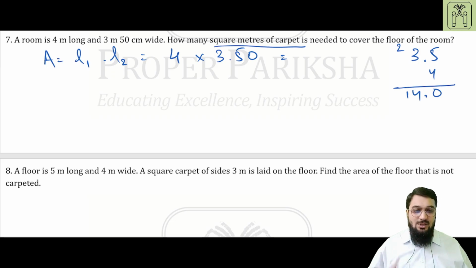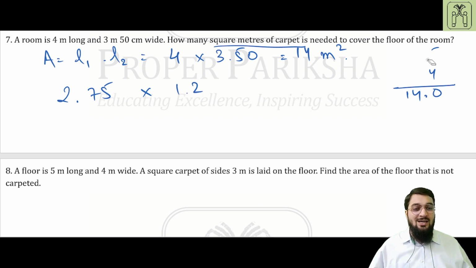I will give you an example that will be much better. So first I'll write the answer, 14 meter square. For example, I have to multiply 2.75 into 1.2. So what will be the answer and how will the decimal be placed? And that will be done by